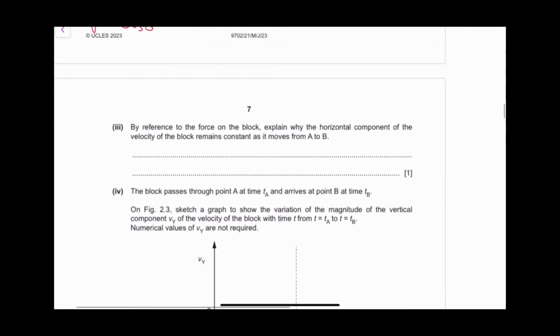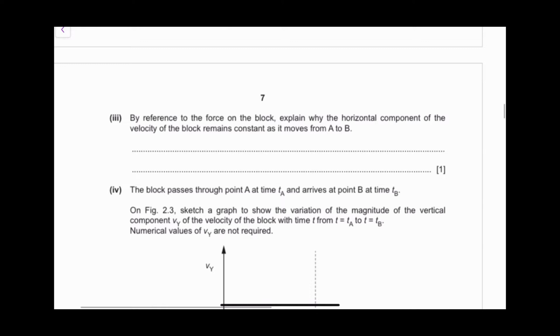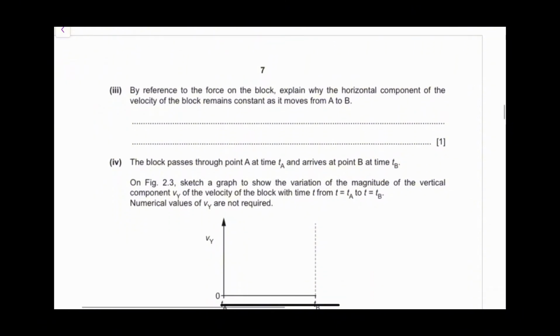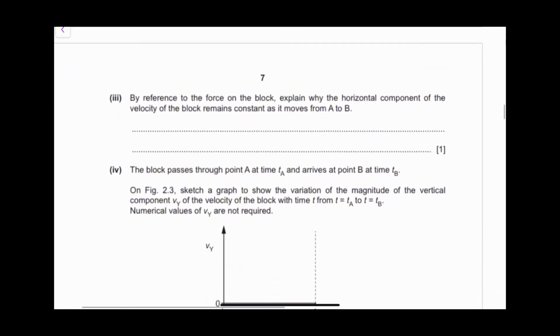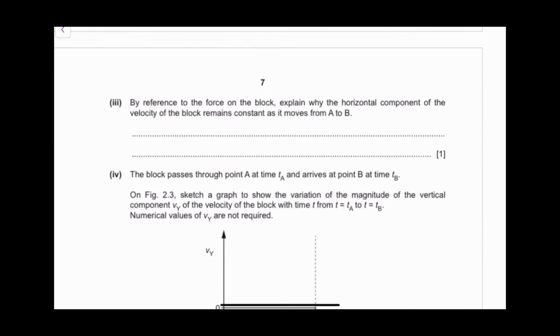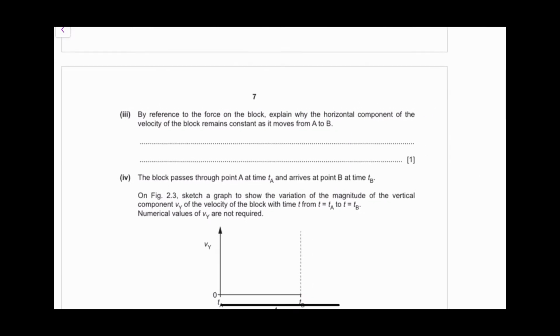Okay, so the next question: by reference to the force on the block, explain why the horizontal component of the velocity of the block remains constant as it moves from A to B. So why does that remain constant? Well, because the weight is vertical, so since the weight, or the resultant force, is vertical,